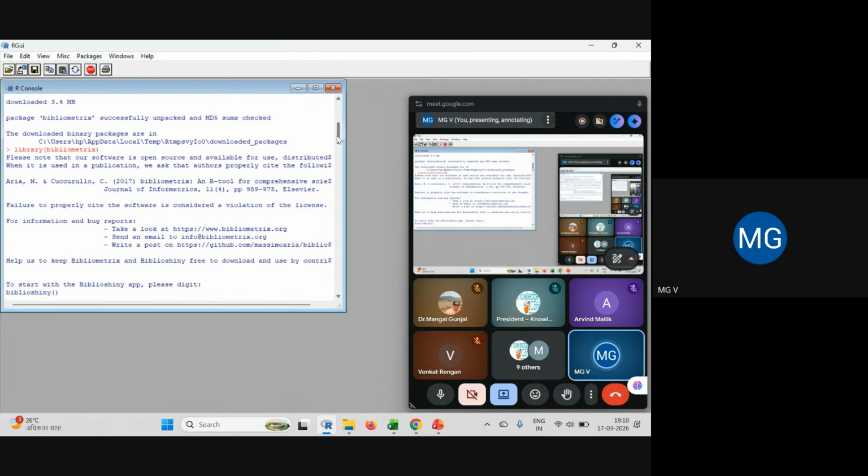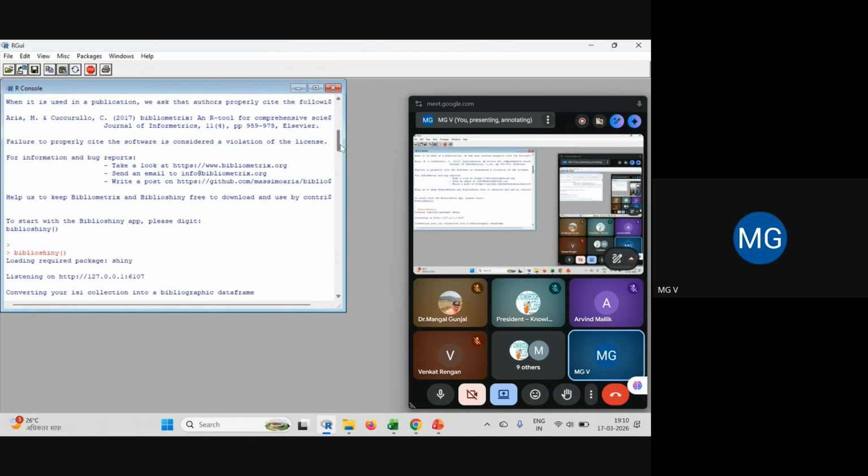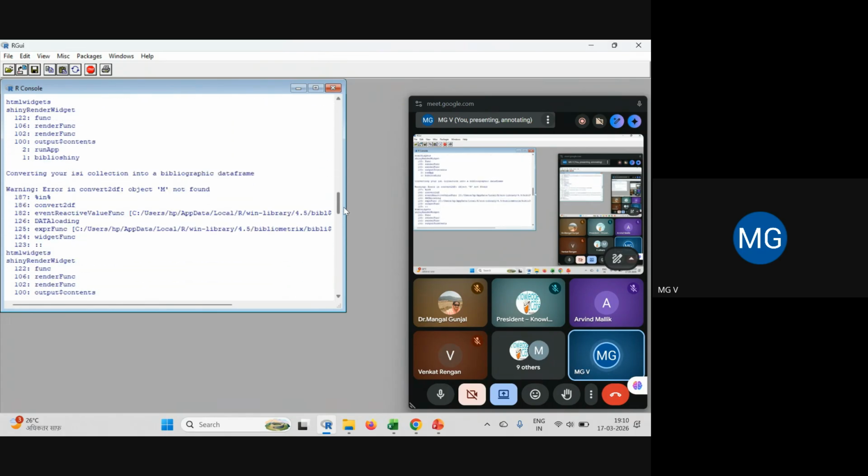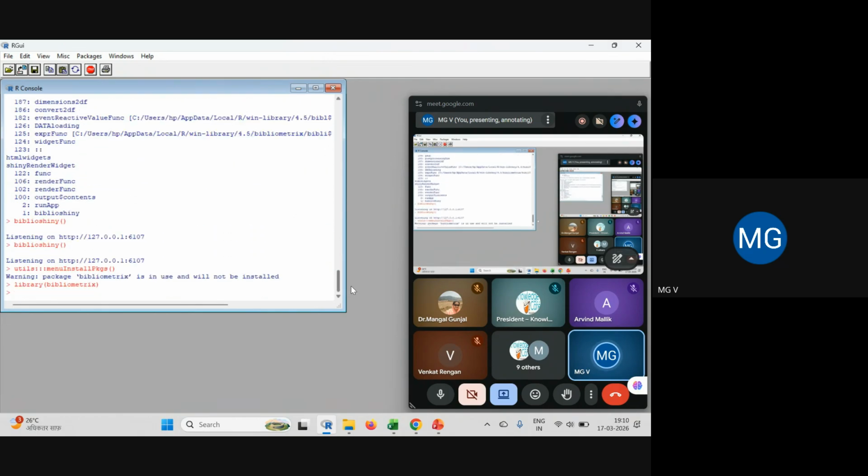Now see, it is mentioned, please note that our software is open source and available for use. Once the command gets executed, please wait, do not disturb the system. Once the command gets completed, the prompt will appear automatically and you give the next command. Whatever command you are giving will come in red color.